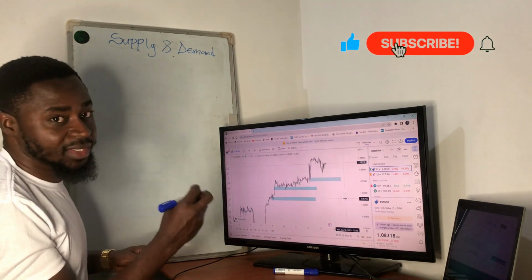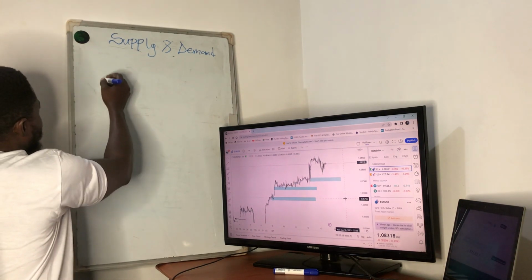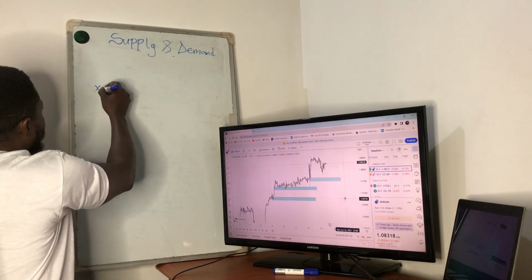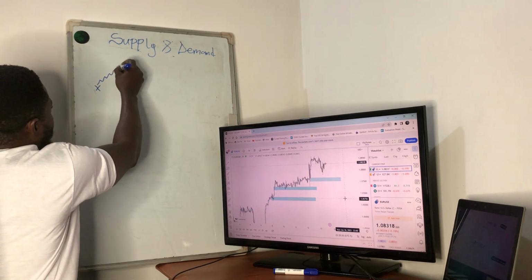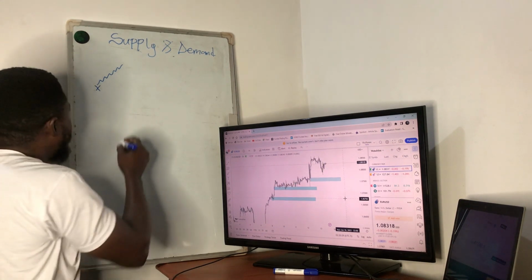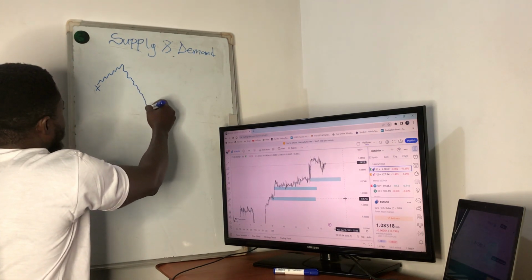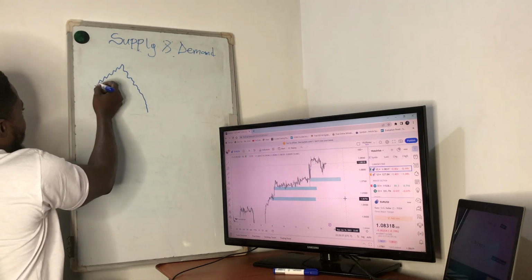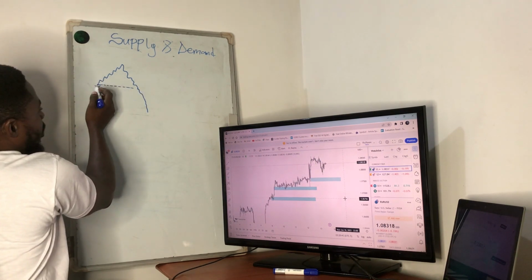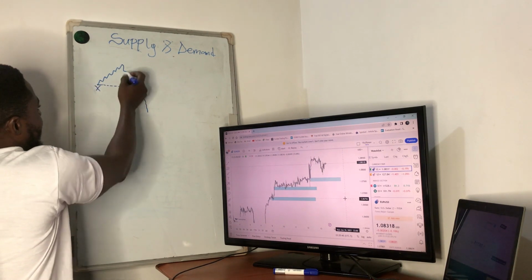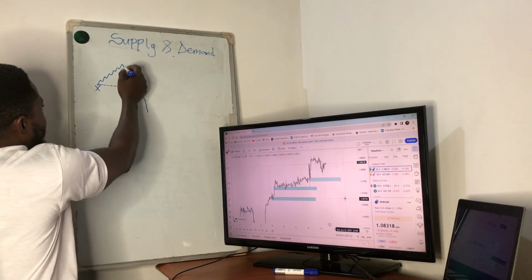And so let's take a look at it over here. Let's say on the board here, price moves from this point X, and price decides to move like this all the way up this way, and then begins to deliver downward like this, taking out this X, which is the lowest point on the chart. Because it's the lowest point on the chart, it is considered demand. And because this move that originated from here has taken out this lowest point, we now